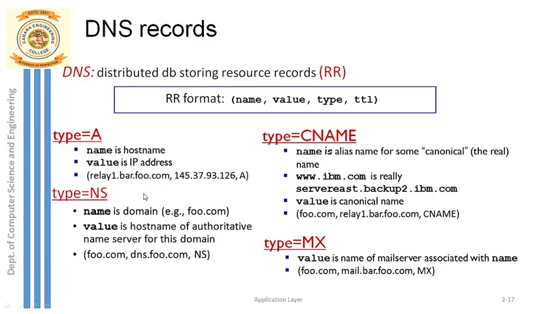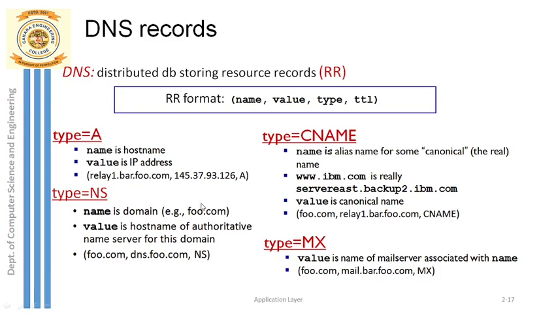Similarly here in type NS record, this name should be a domain. So what is that domain in the above example? In relay1.bar, it is not the domain. This last part is there, foo.com. It may be hotmail.com or google.com or google.co.in. So that becomes a domain there. So foo.com is a domain there. So the host name is the domain.